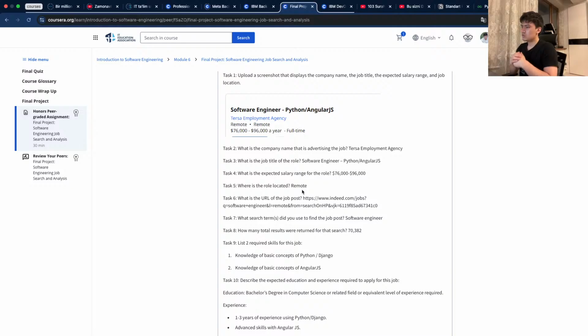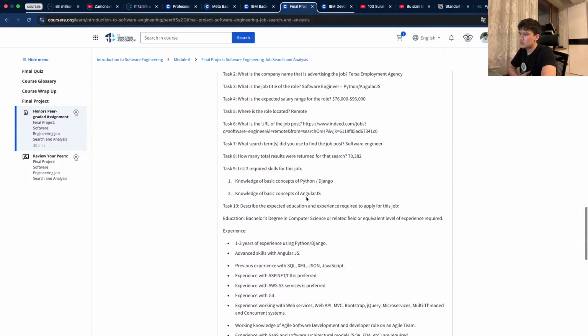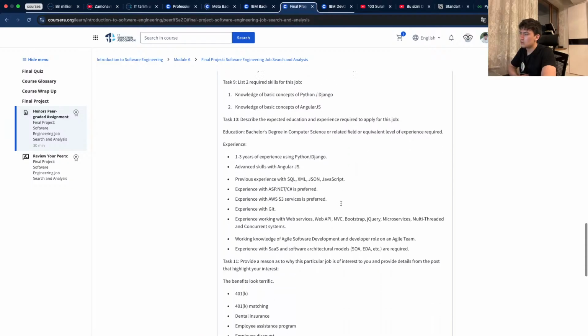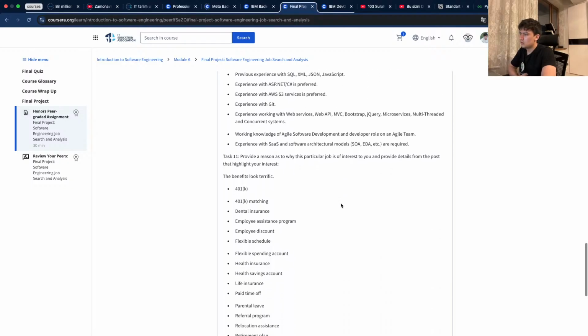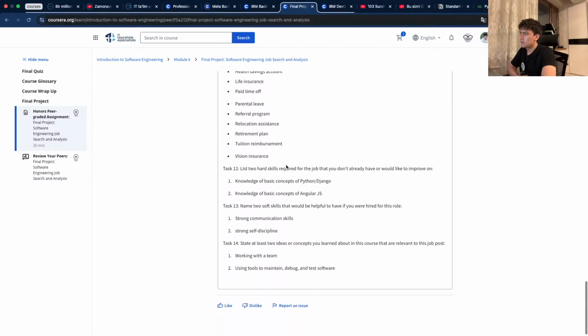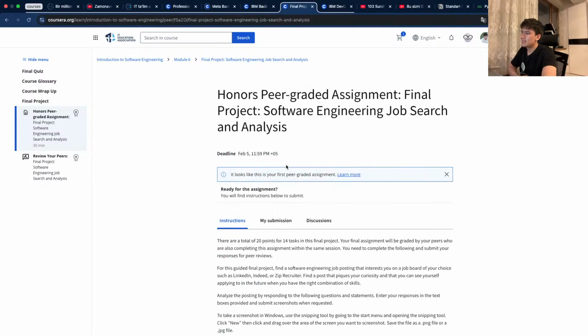How many total results we returned for that. List to required skills for the job, knowledge of basic Python knowledge. Expected education experience required, bachelor degree in computer science of current. Provide reasons as to why the particular job is interested you and provide details as most highlighted the benefits. Mana shuni yozishimiz kerak ekan.